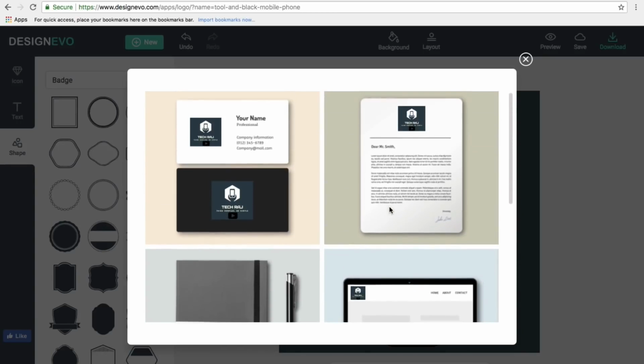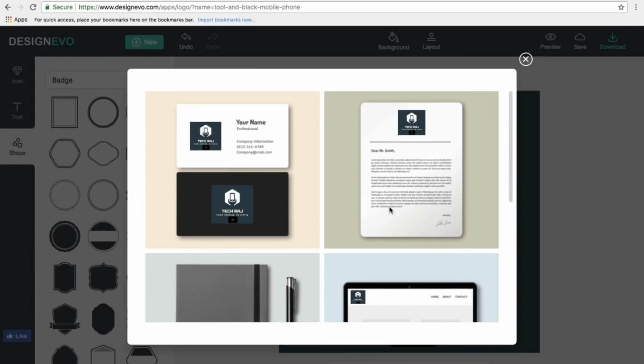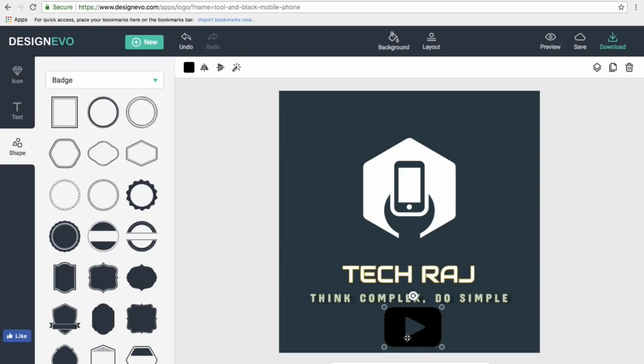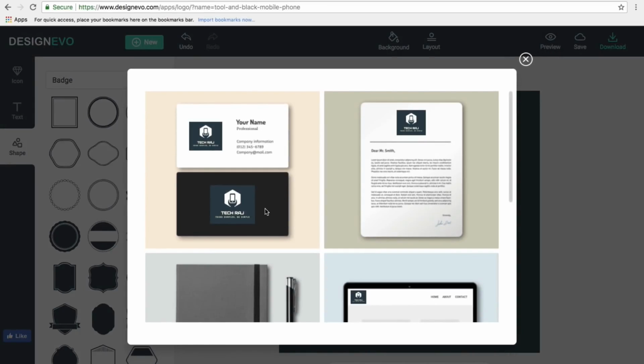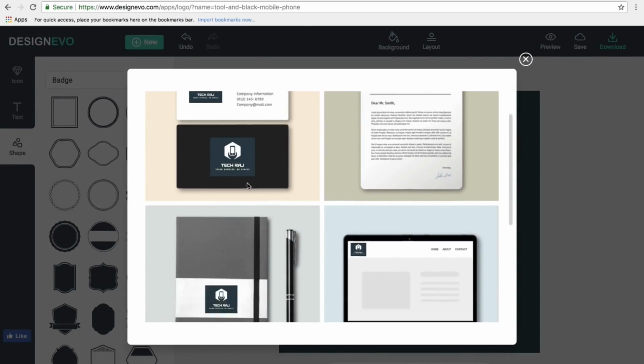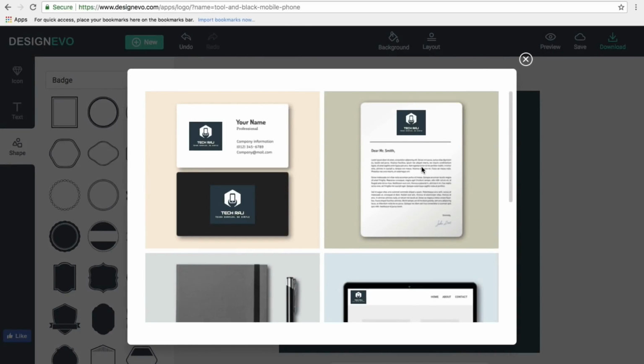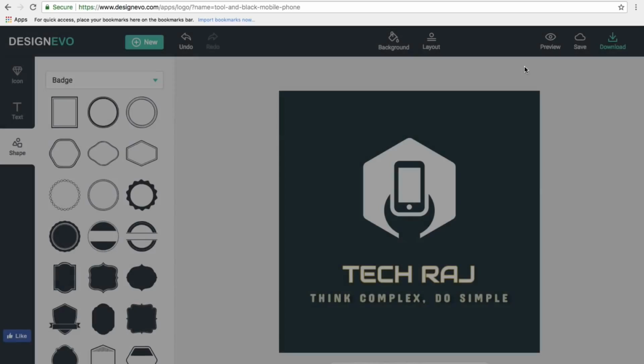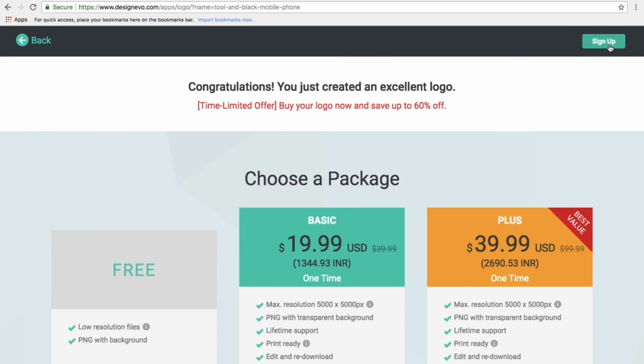So you can see the preview, and you can be sure that your logo looks good. And I think this logo here is unnecessary. It kind of ruins the whole image. So I'll just remove it and I'll preview it again. So yep, it seems to be perfect now. And once you're done with this, you can just close this and finally click on download.